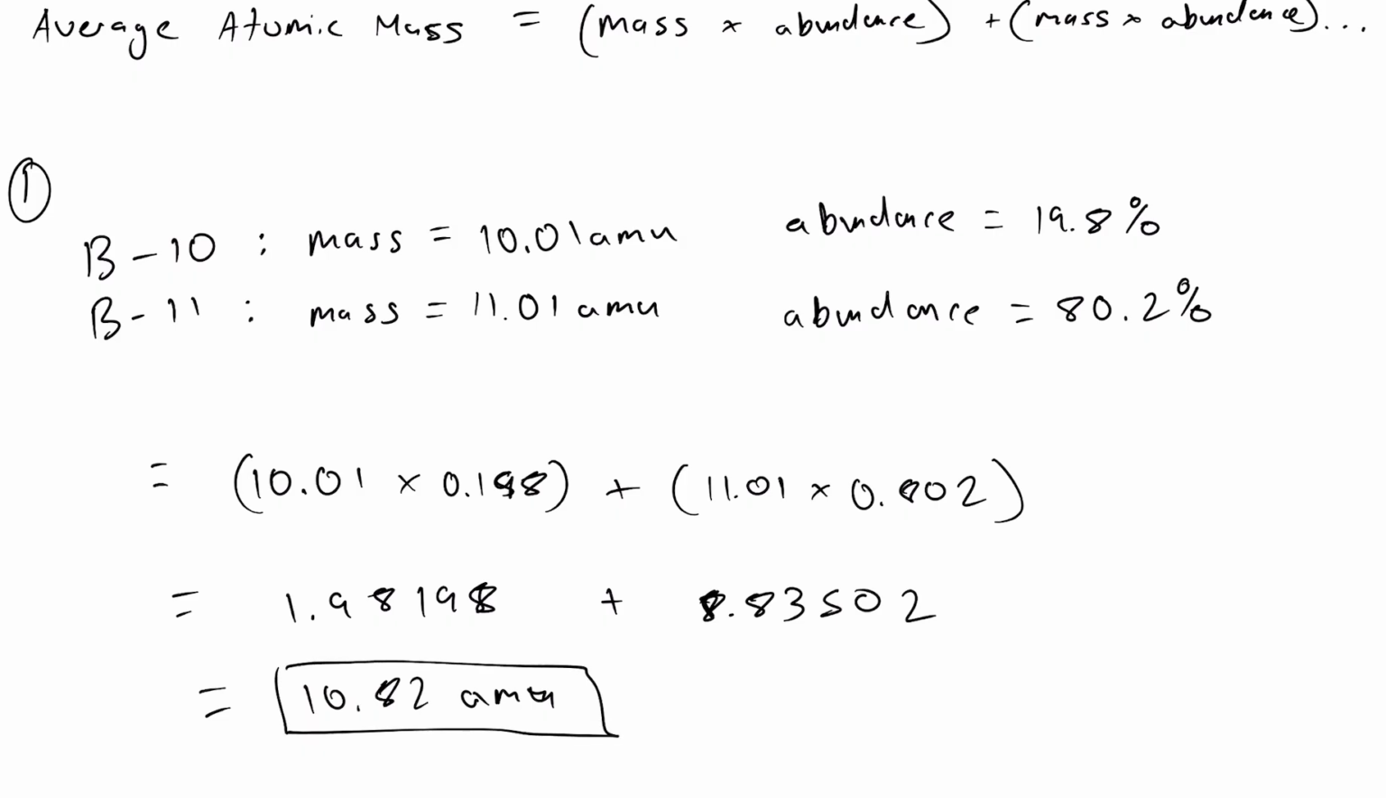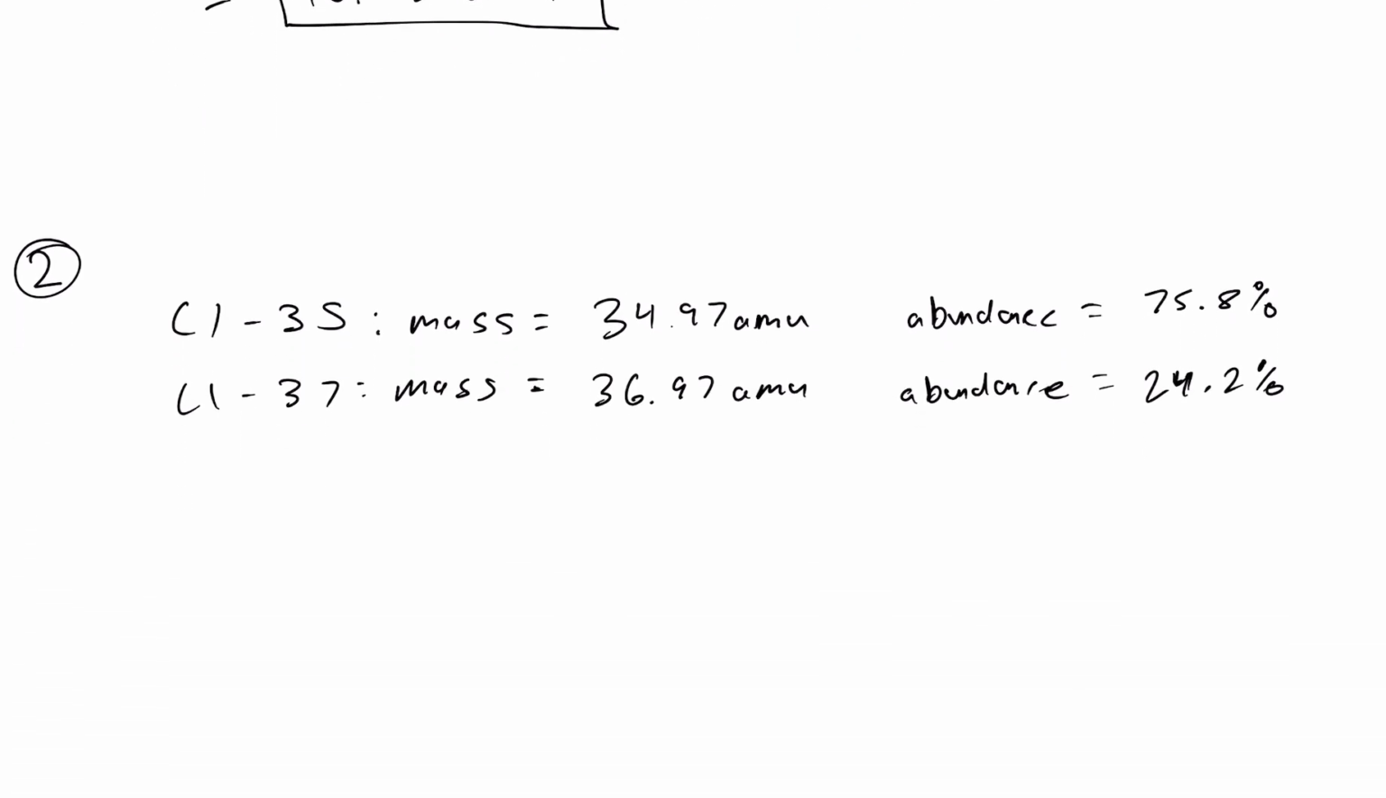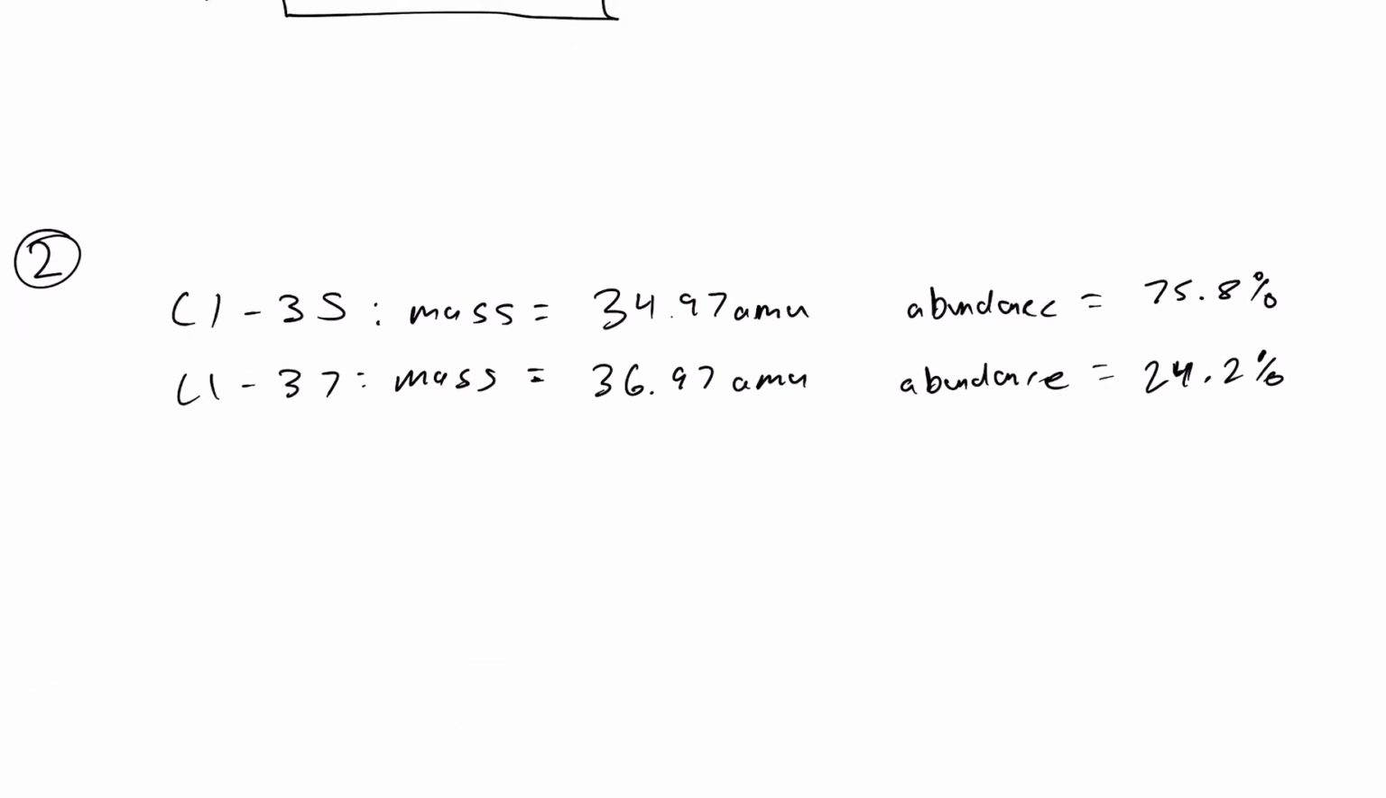Now, let's try another problem. Chlorine 35 has a mass of 34.97 atomic mass units and has an abundance of 75.8%. Chlorine 37 has a mass of 36.97 atomic mass units and has an abundance of 24.2%. So for this example, if we put it into our formula, we're going to get 34.97 as the mass times 0.758